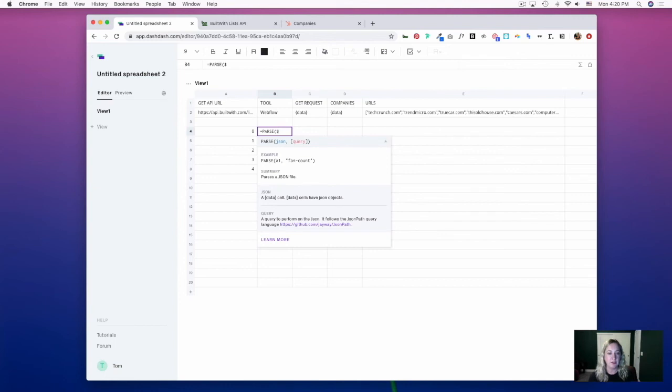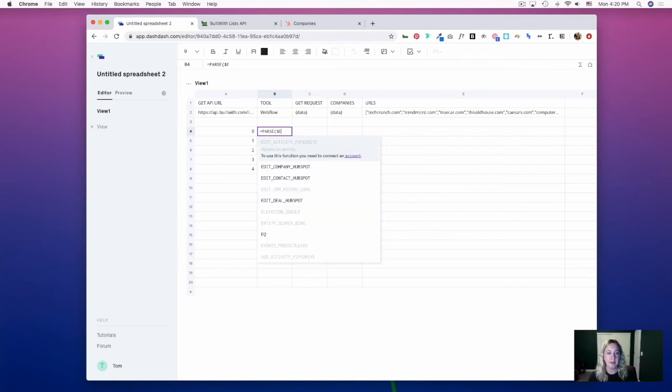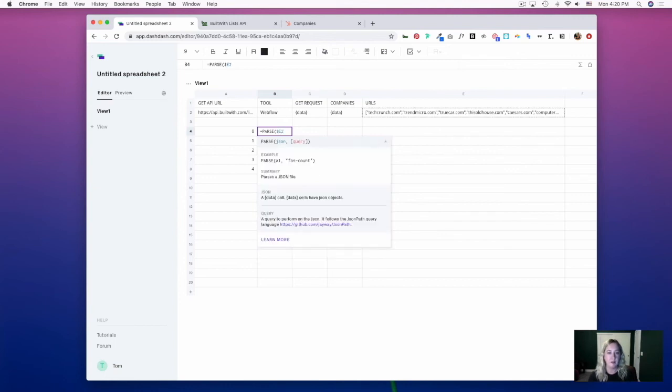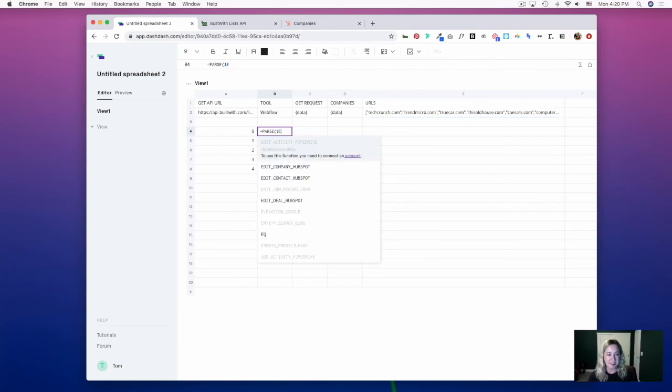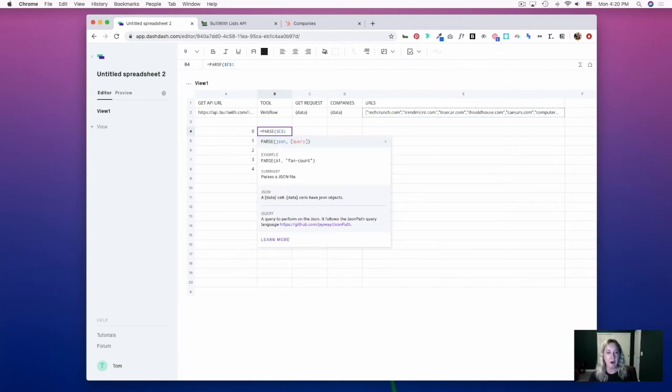So we are going to do $E$2. So we always want to reference E2, and comma, and then do quotations, and then a bracket, quotations again,